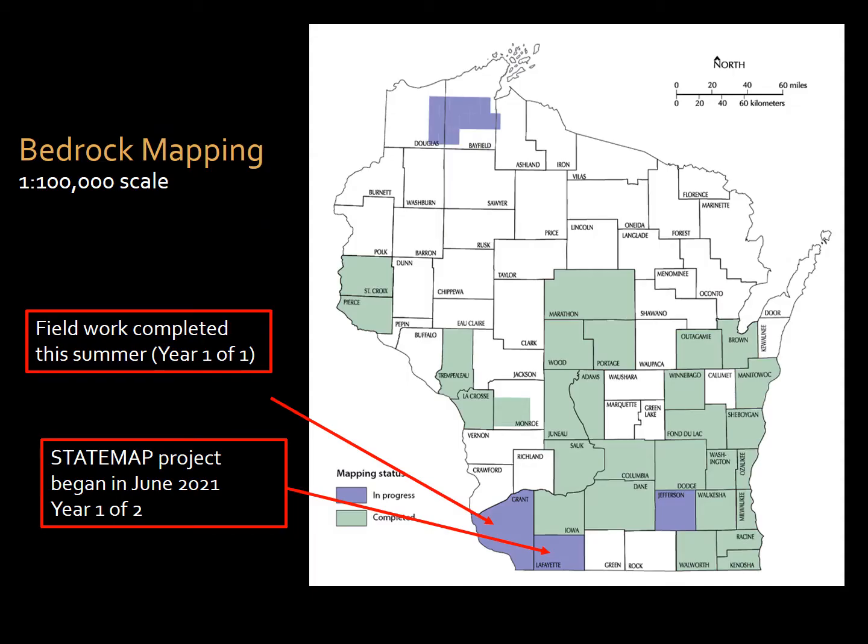In June, we finished a one-year project to map two 7.5-minute quadrangles in Grant County in the southwestern part of the state. At the same time, we began year one of a planned 2-year mapping project in Lafayette County. So we just began that project a couple of months ago. Because we just began that current project, I'm going to focus on the results of our recently completed Grant County